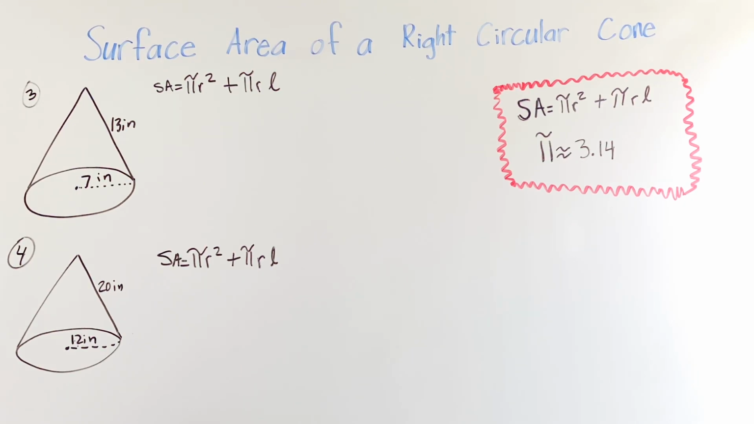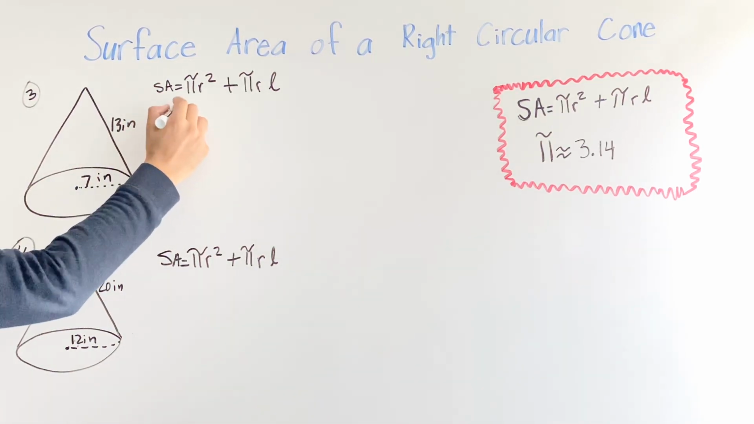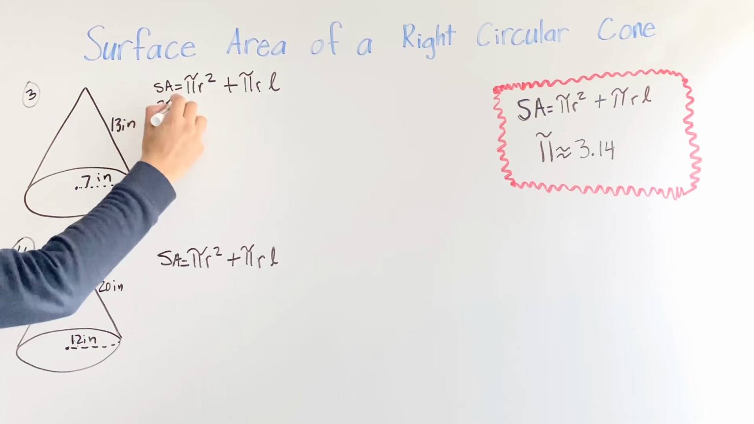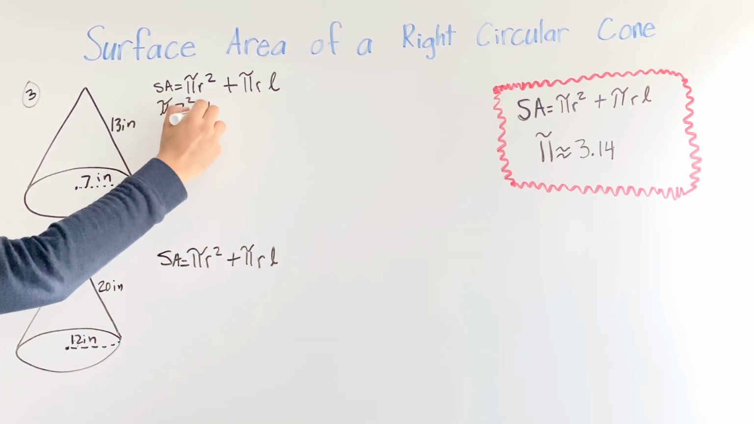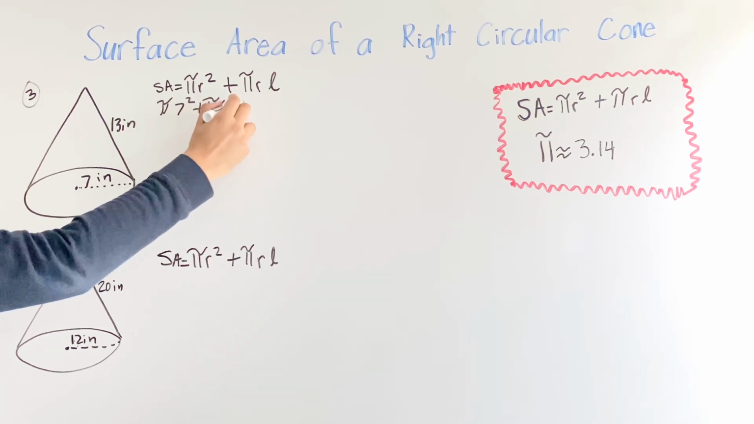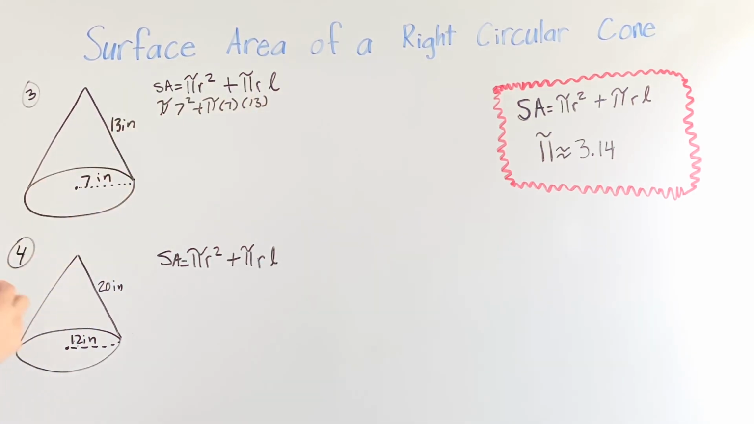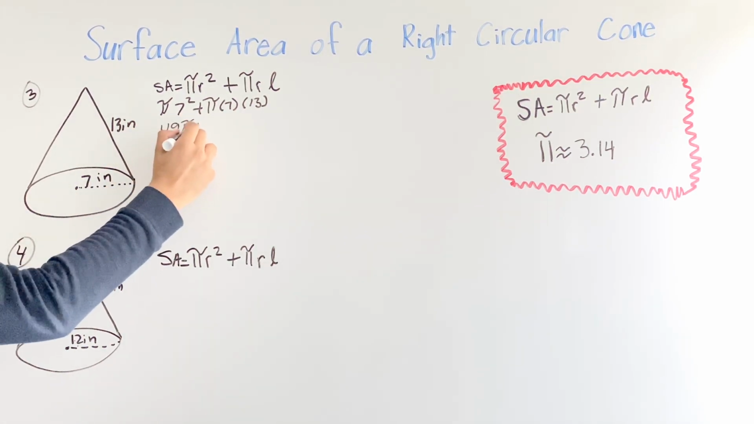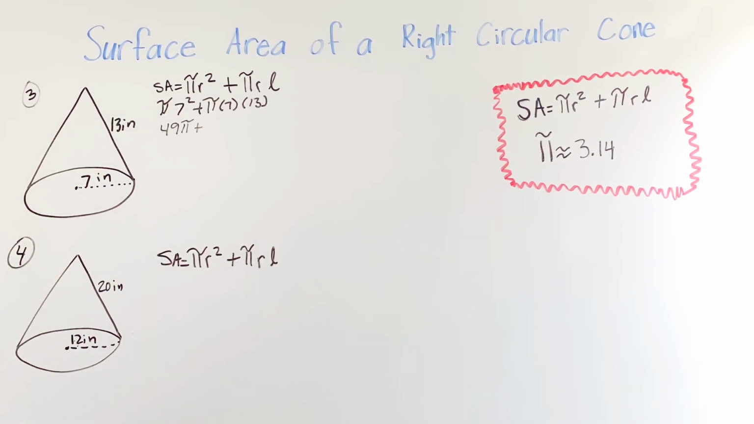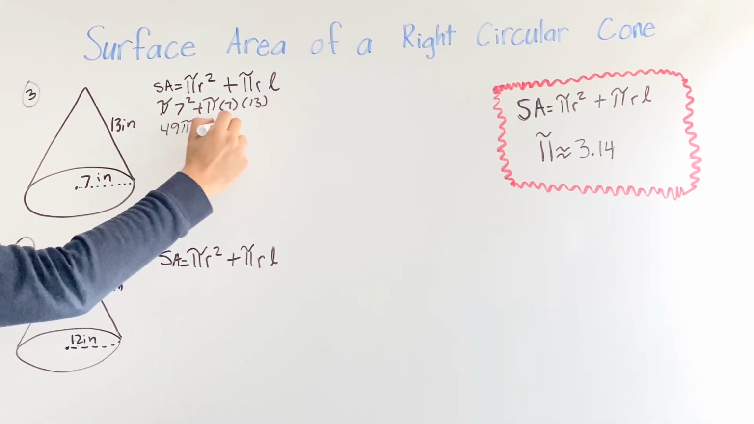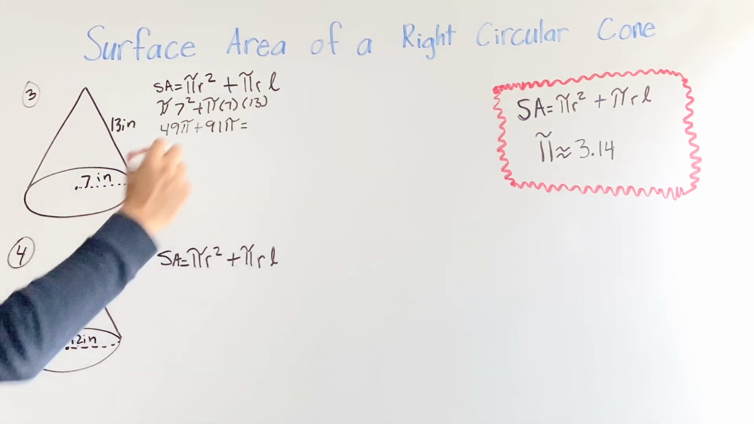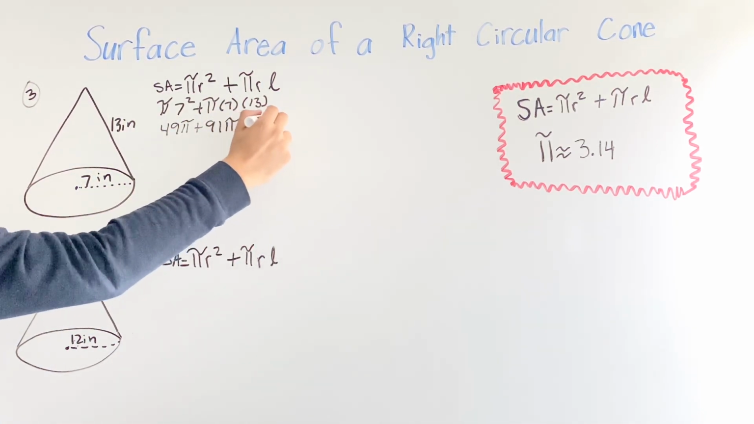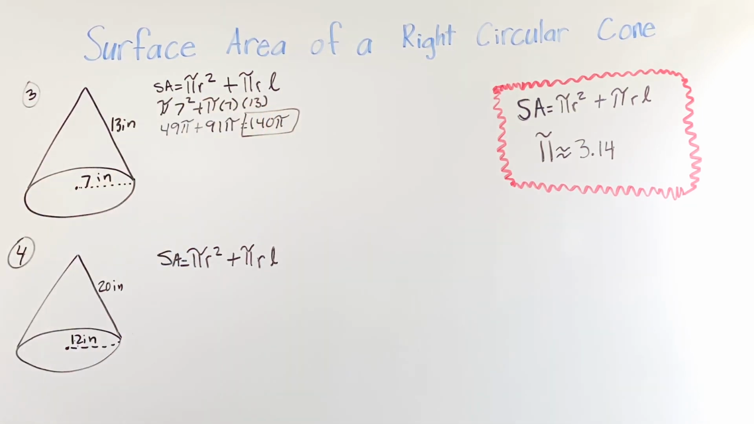So for number 3 and 4, I'm just going to plug in and skip some. Our radius is going to be 7. So we have pi times 7 squared plus pi times radius 7 times 13. So 7 times 7 is 49 pi plus 7 times 13 is going to give us 91 pi. When we add that up, we're going to have 140 pi. If your teacher wants you to leave your answer as pi, you leave it as 140 pi. If not, we're going to